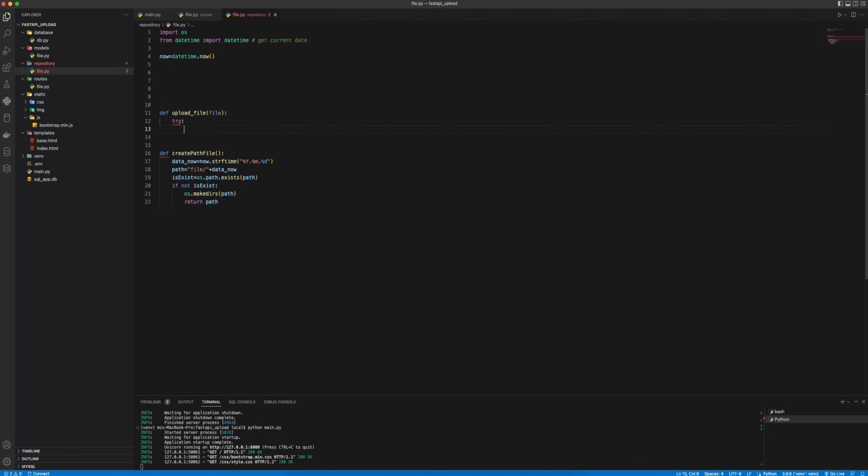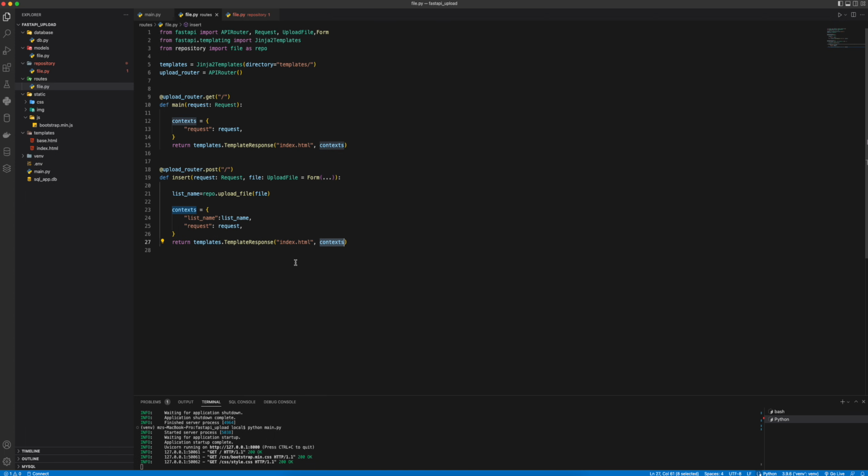And now just try, and we are going to create our directory. From here, create path file. I get this path file. This path is coming to here, and now I can say contents file. This file is coming from HTML from request, our index request, to here. This file,